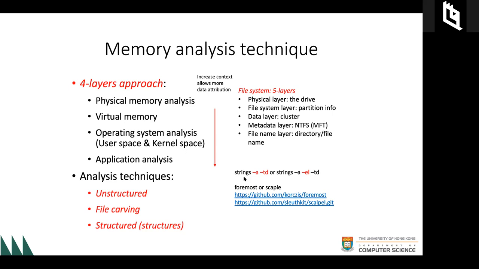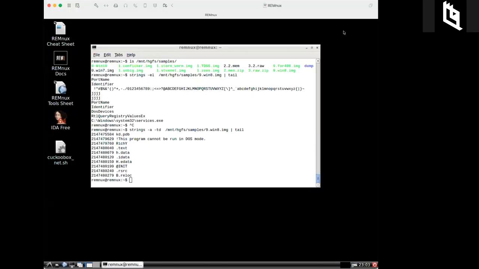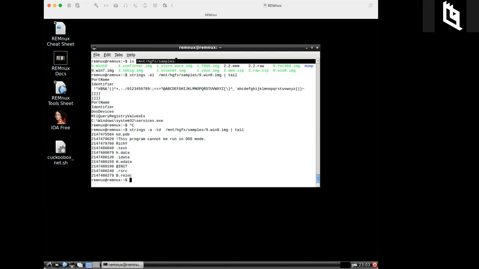So now I'm going to show you one of the tools called strings, or strings with the l option, and how they differ in analyzing the memory image. Okay, right now you see on my Remnux machine, I have a shared folder called sample, which is showing the memory dump. And I already typed, because I want to save time, the command called strings. For example, the el option means